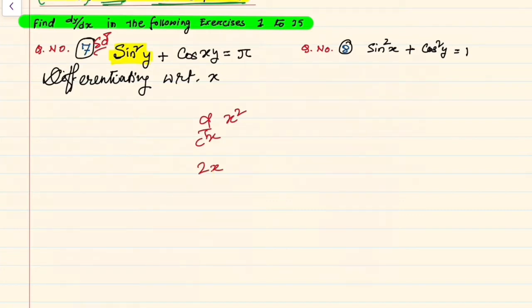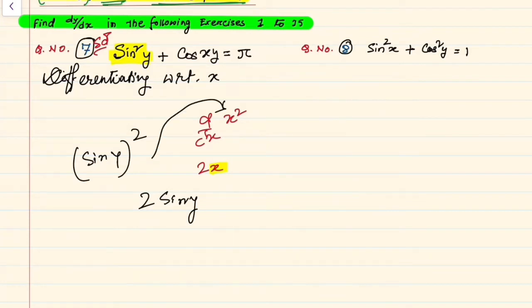Now as we have assumed sine y as x, the derivative of this will be 2 sine y. Then as it is a function of function, sine square y can be considered as sine y whole square, isn't it? So we have assumed this one as x square, and the derivative of this is twice x,